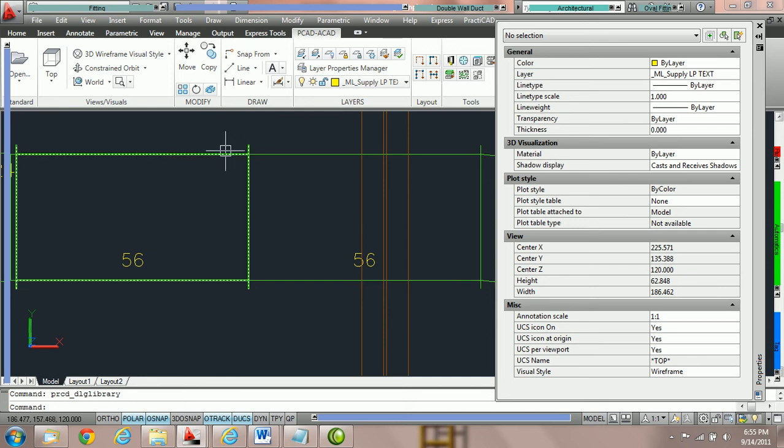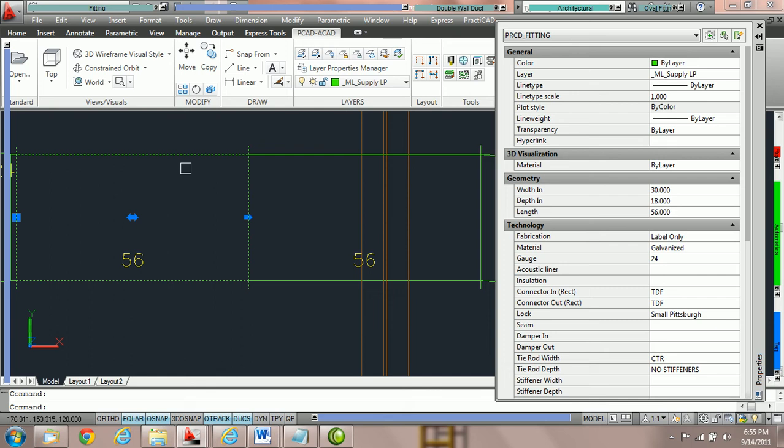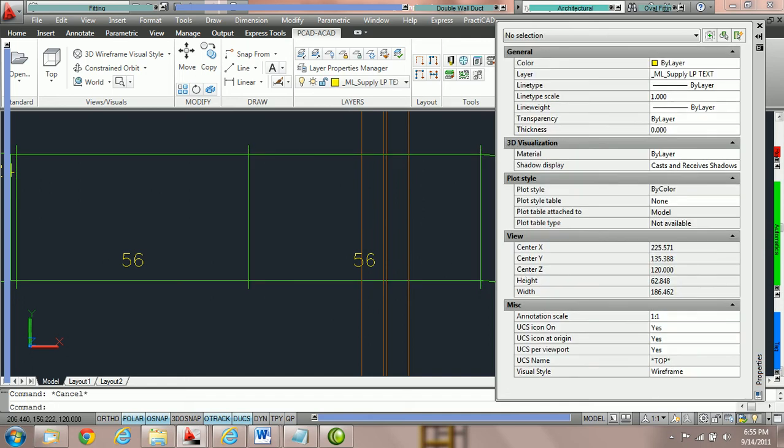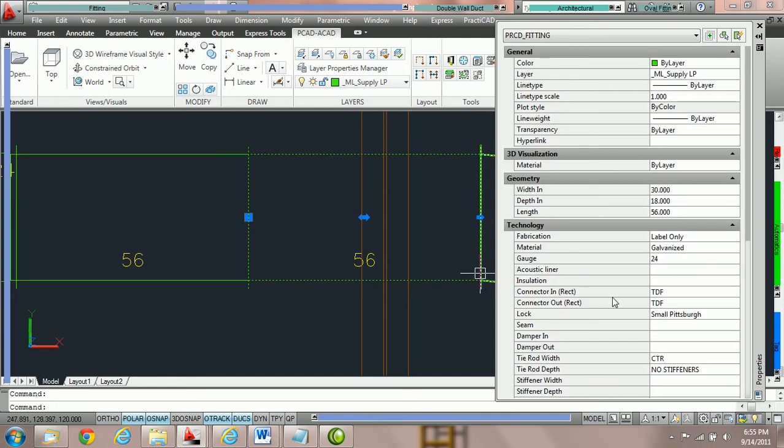You can see currently we have two pieces of duct on the drawing. We're going to click on this duct right here, and then we're going to go into the AutoCAD property box, and you can see that it is a TDF connector on the out. What we're going to do is then click on the fitting next to it and take a look at the connection on the in. You can see here that the connector in for that fitting is TDF,